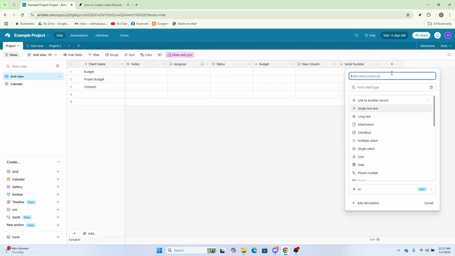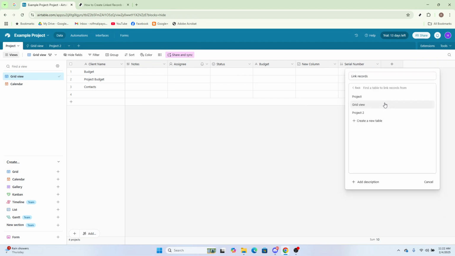Clicking it will prompt you to enter a name for your new field. Make sure to choose a name that reflects the purpose or content of the linked records. It helps keep everything organized. Once you've named your field, move over and select the option to link to another record. This step is crucial as it sets the foundation for your records to be linked together, aiding seamless data management